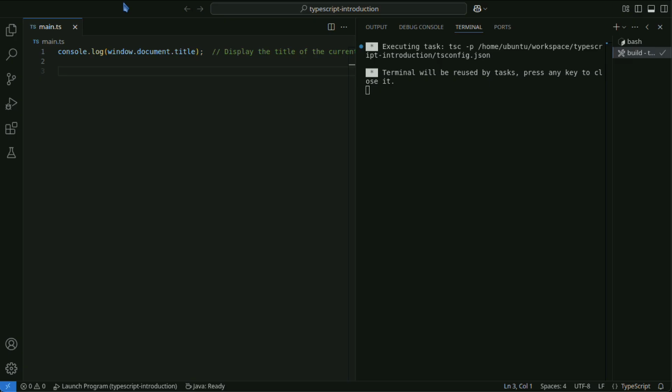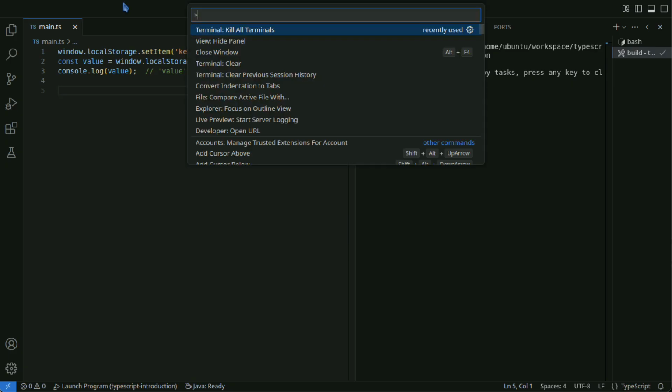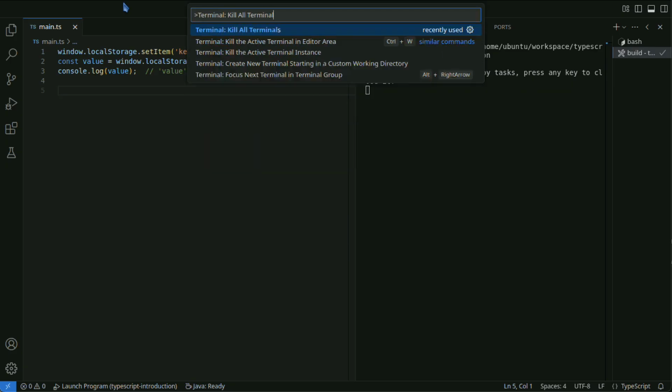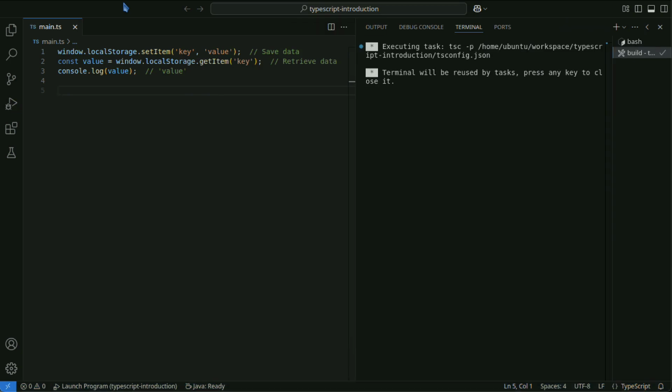Window.localStorage and window.sessionStorage are properties used to access storage features that allow saving user data in the browser. In this example, data is saved to local storage, then retrieved and displayed.